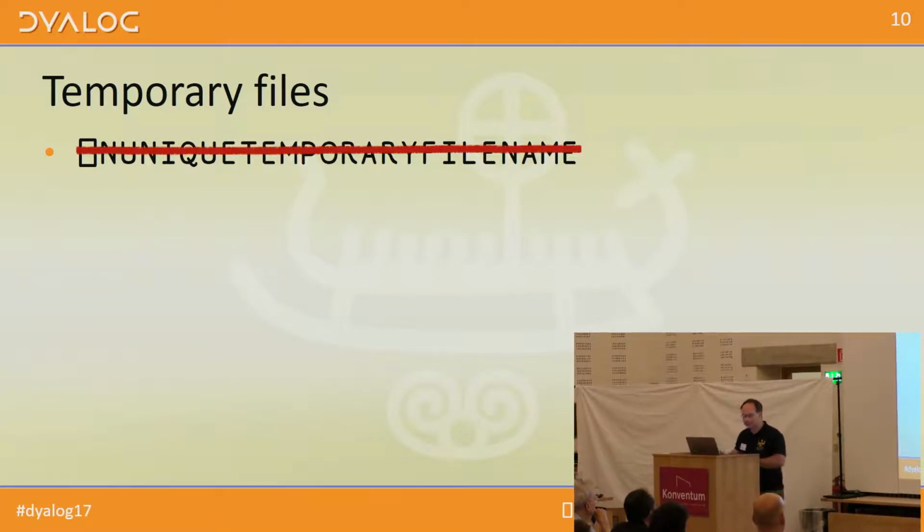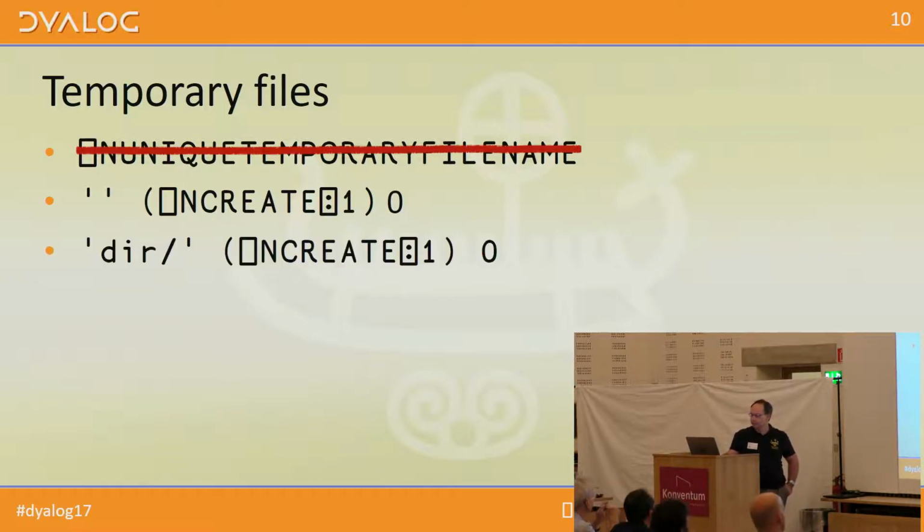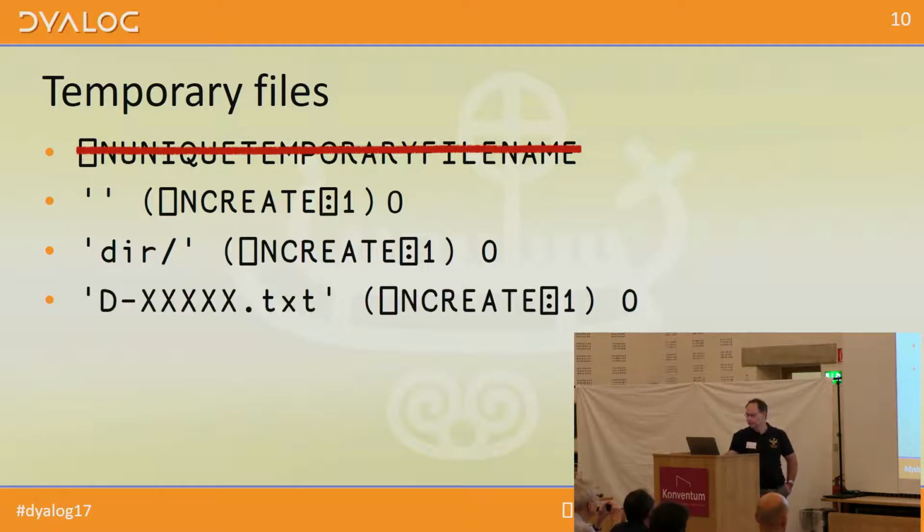The problem is, if I give you a temporary file name, by the time you do anything with it, it might not be unique anymore. So obviously, we don't give you the name. What we do is we create the file for you. And I've proposed that we do that by just omitting the name on ⎕NCREATE, and that will create a temporary file. We could be more clever than that. If you give it a directory but no base name within there, we could generate the name but put it within the specified directory.